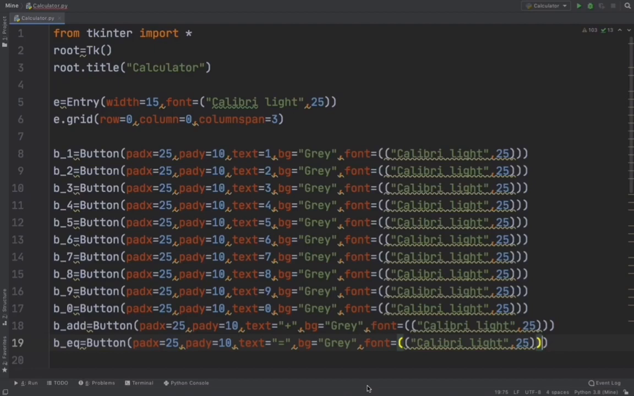This is the second part of making a calculator using Tkinter. In the previous part I told you how you can design a calculator, but in this video I will tell you how you can make a calculator work perfectly. So this is the code from the previous tutorial. If I run this code,